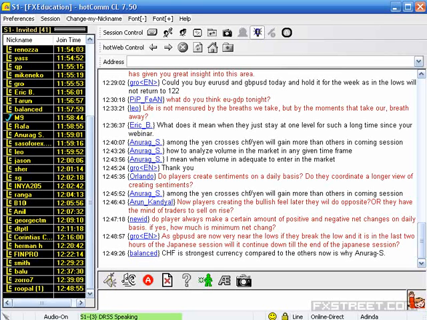Anyway, do players always make a certain amount of positive and negative net change on a daily basis? No, there is no guarantee that it has to necessarily drop 150 pips and rise as well. On an extraordinary day, they drop about 150 pips and in the same day gain about 300 pips, so you find both positive and negative net changes in the case of euro, but not on a daily basis. There is no minimal net change and things like that.